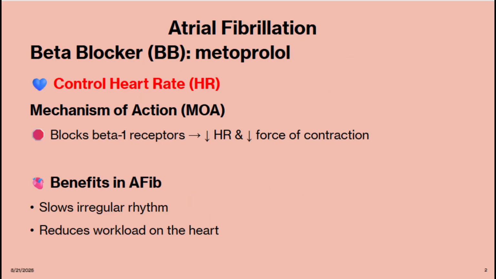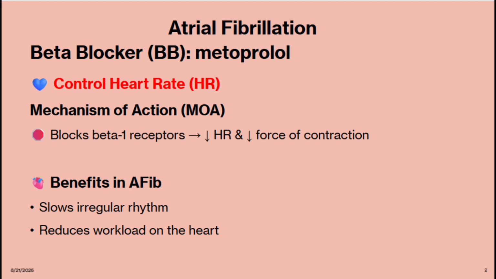Okay, so when somebody has atrial fibrillation, we usually begin with the beta blockers, and our prototype is metoprolol. Our goal here is to control someone's heart rate. So metoprolol is specific, so it's blocking the beta-1 receptors in the cardiac tissue, and our goal is to reduce the heart rate and therefore reduce the force of contraction and reduce the workload on the heart. So it is really important to then make sure you measure someone's heart rate and blood pressure before giving this